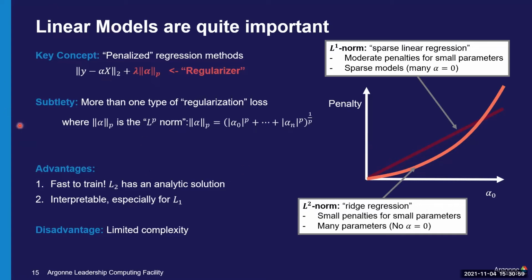And these linear regression models are still used a lot because they're, 1, particularly quick to train. If I choose 2 for the value of this penalty, there's an analytic solution, which means I can solve it very quickly. And because these are linear models, I can easily understand their behavior, especially if I choose 1 for the value of P, and I get a model that has very many terms that are 0, so I don't need to understand their complexity or their influence on the model. And of course, as we discussed earlier, there's a limited amount of complexity that you can express with a linear model. So that may be one reason that you need to go on and choose a more complicated model form,